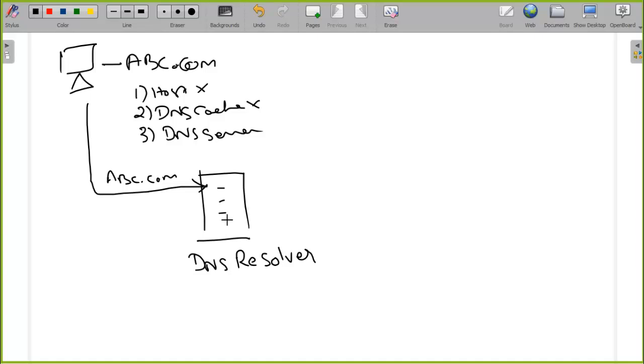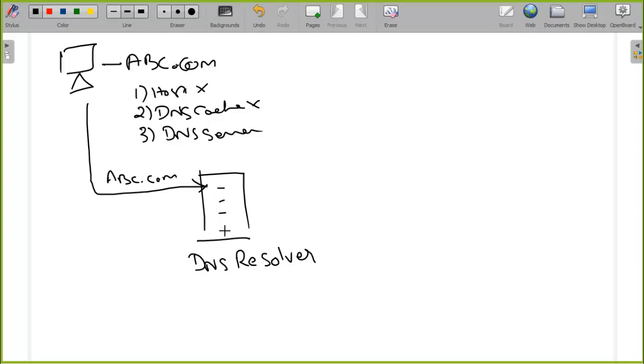This DNS resolver will have entries that are made by all the subscribers of this particular ISP. Suppose we assume that this ISP is Vodafone. If Vodafone has some 1 million customers who are accessing the internet, then all the 1 million users' requests would have been passed through this DNS resolver. So this DNS resolver will have n number of entries, and as I told you, this is a newly built website, none of the users would have tried to reach it. So there will definitely be no entries found.